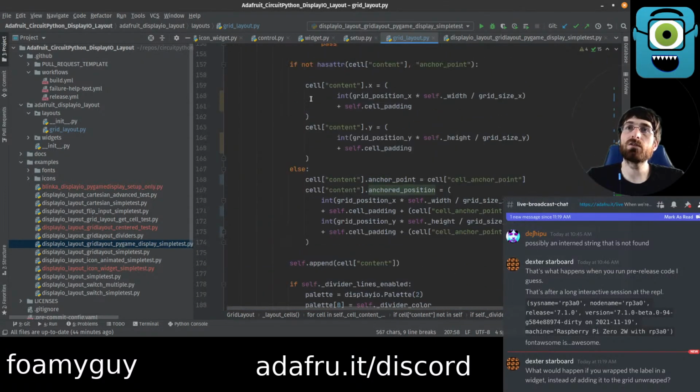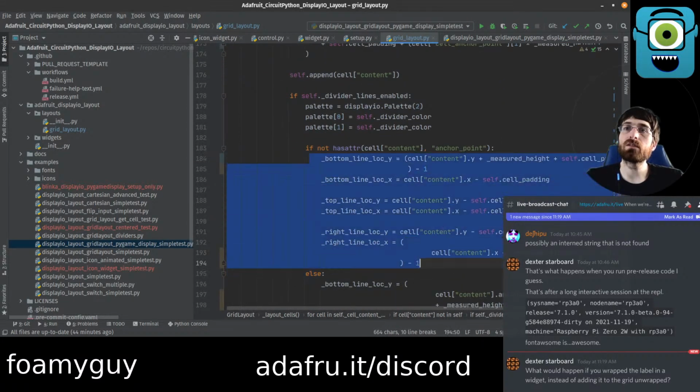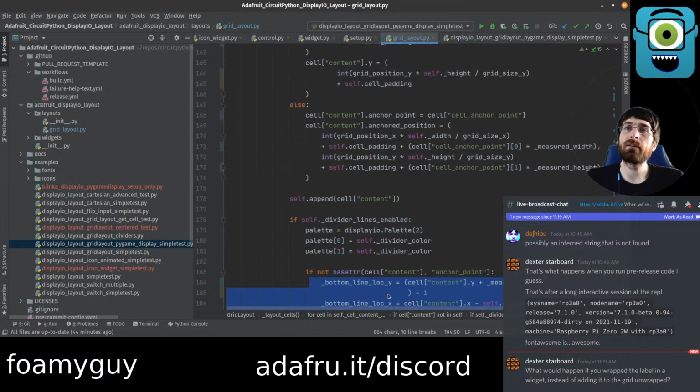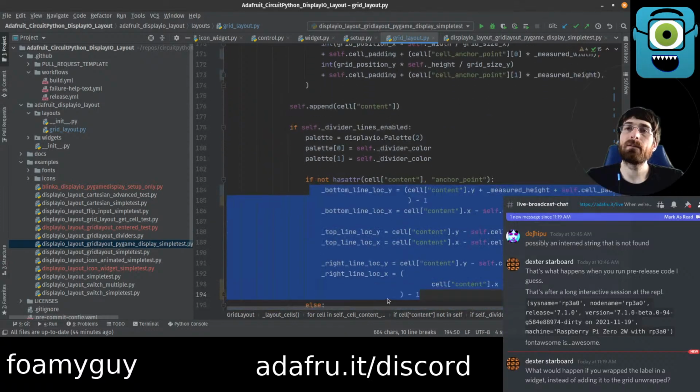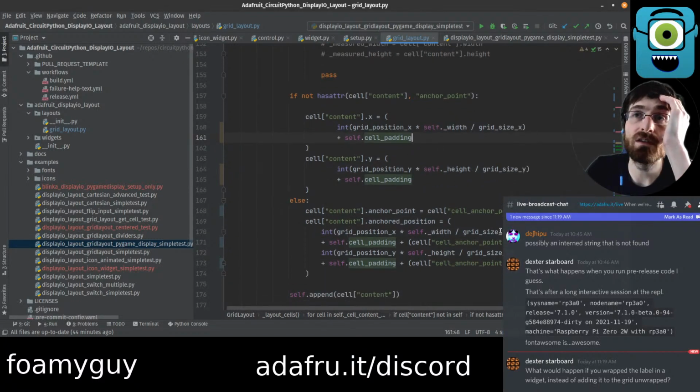So we need to handle this part and this part. And we'll have to do the same thing, basically. We'll need to minus again down here, because this is referencing the x and the y. And up here, it's setting the x and the y. And so here, we're basically gonna